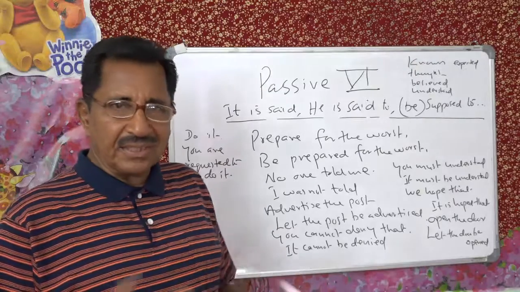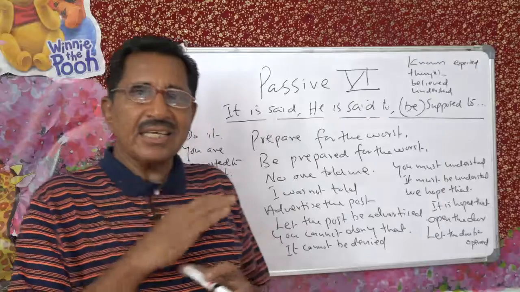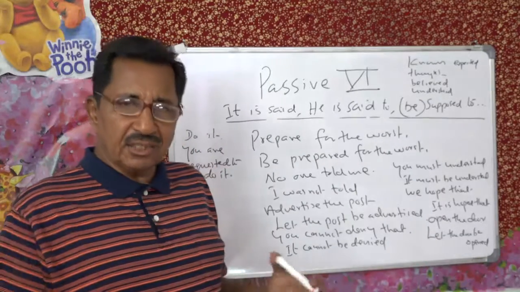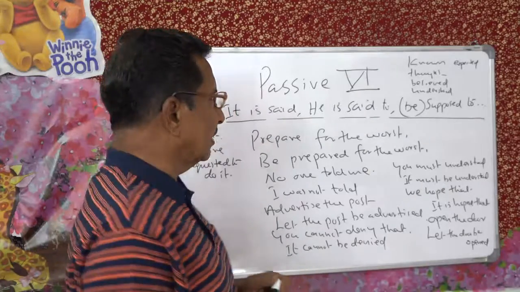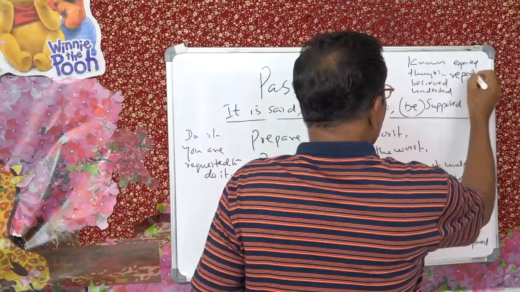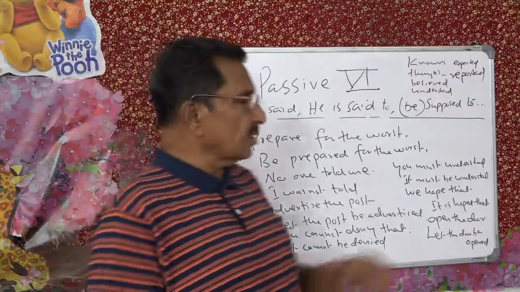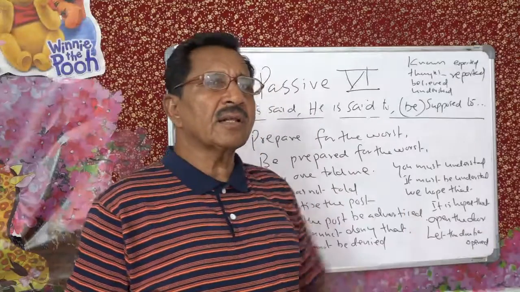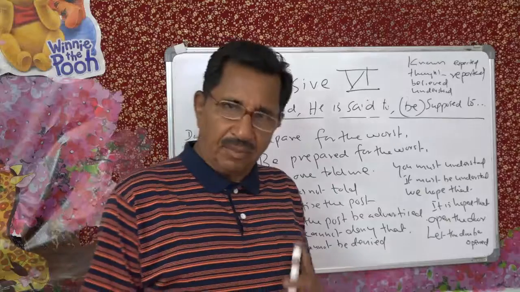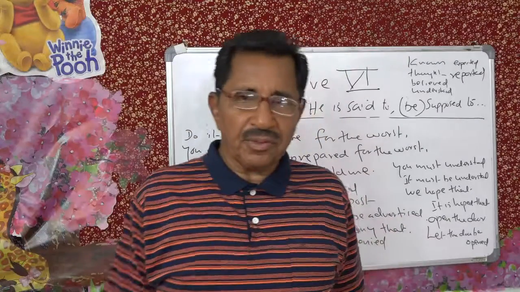So when people say such kind of things, it is not definite. Then you can say it is known, it is said, it is understood, it is expected, it is reported. It's very important. It is reported. Very often you will find, if you read The Hindu newspaper, this expression: it is reported that the Prime Minister will visit Kerala on such and such a date. It is reported. So that's one way of escaping from your responsibility also.